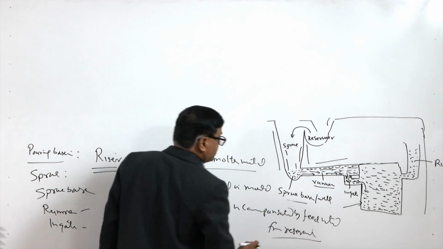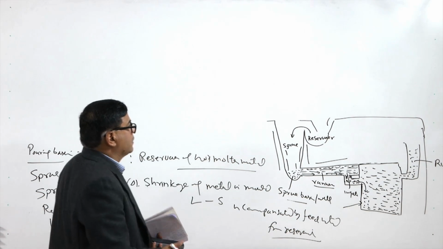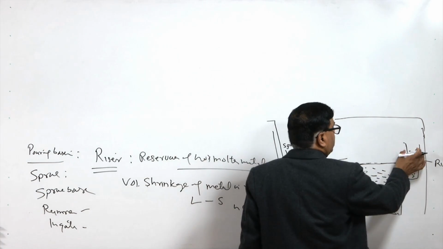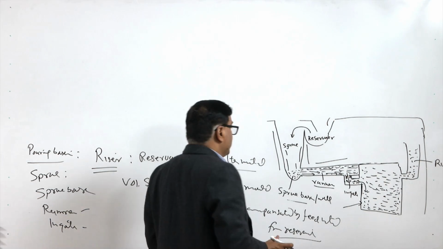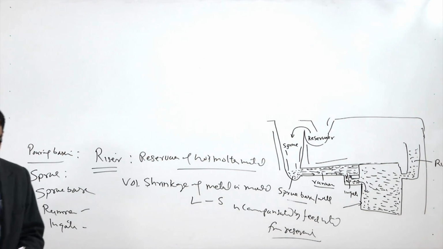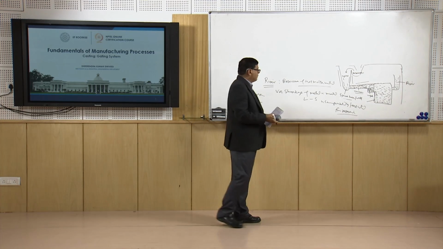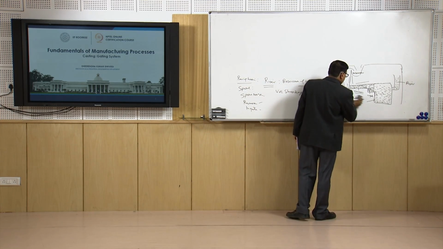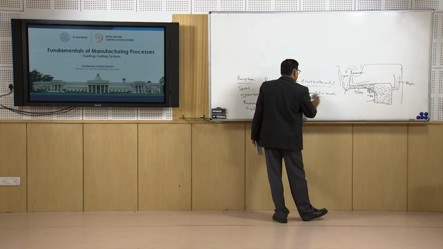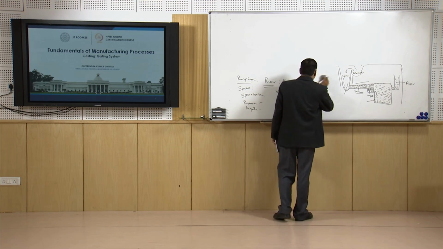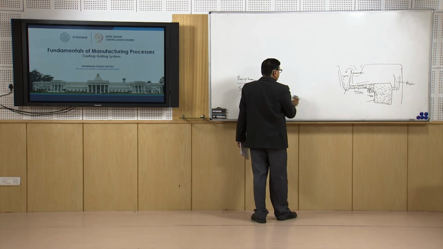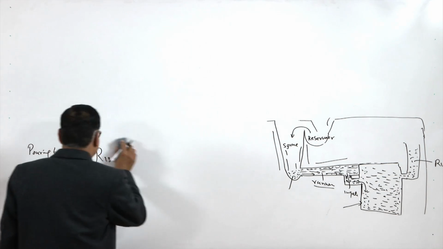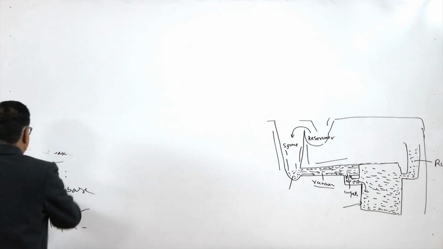So, here it becomes important to consider what volume of the molten metal should be there in the reservoir, so that it can provide the required amount of the molten metal to cope with the shrinkage of the molten metal due to the liquid to solid state transformation in the mold cavity, and for